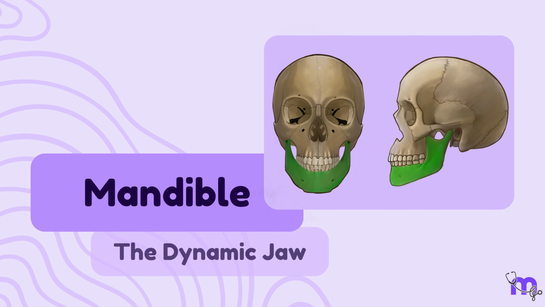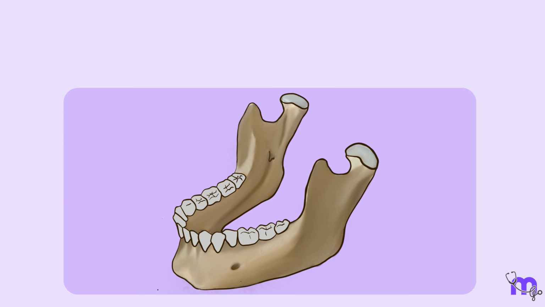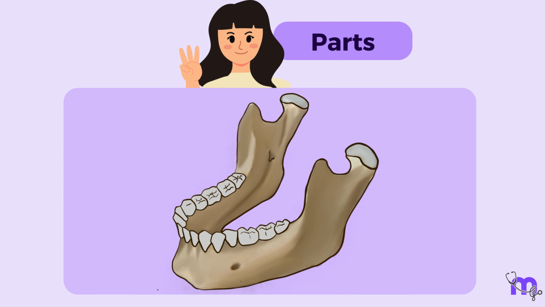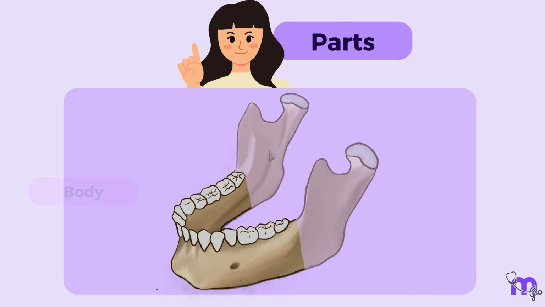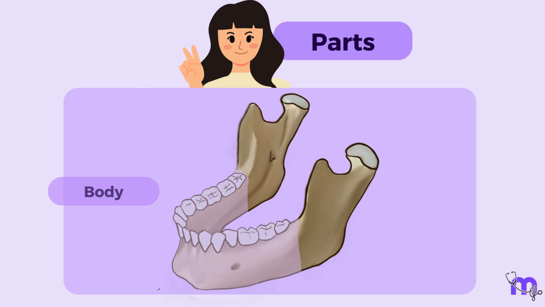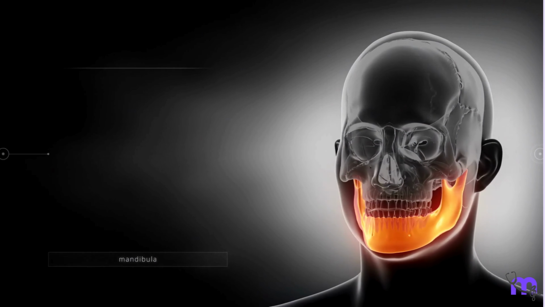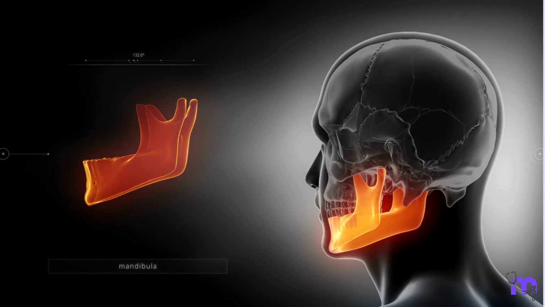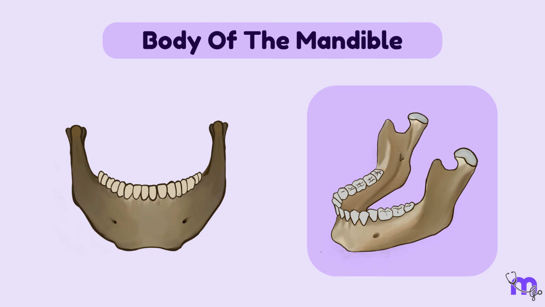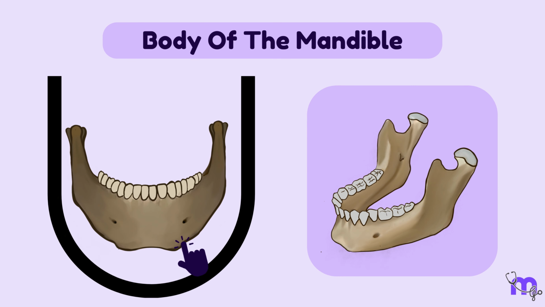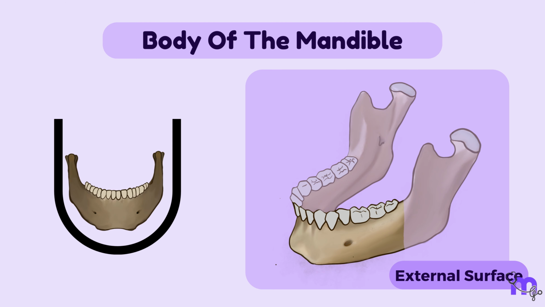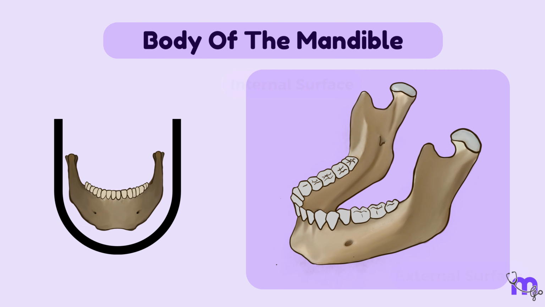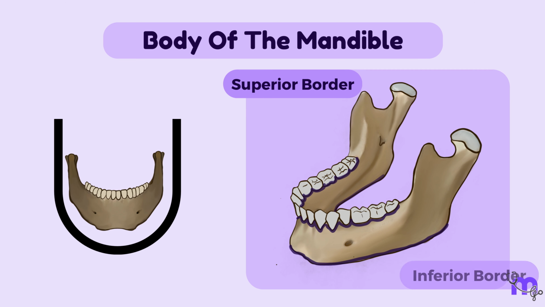Mandible, the dynamic jaw. It comprises three main parts: a horizontally oriented body and two vertically oriented rami. This configuration gives the mandible its characteristic structure and functionality. The body of the mandible, with its U-shaped design, presents the external surface, the internal surface, the superior border, and